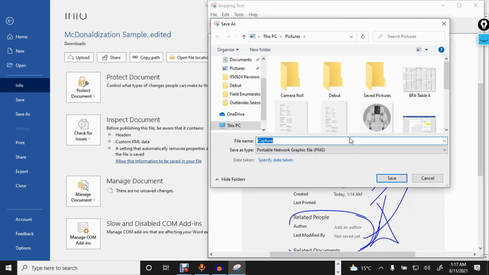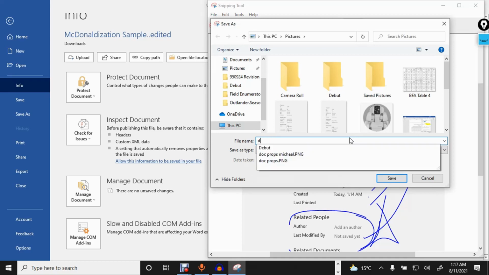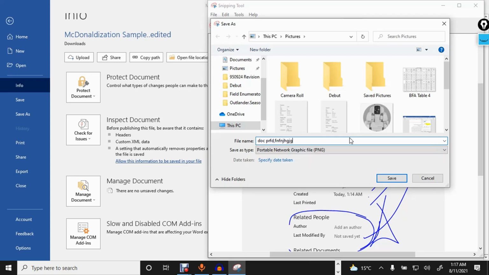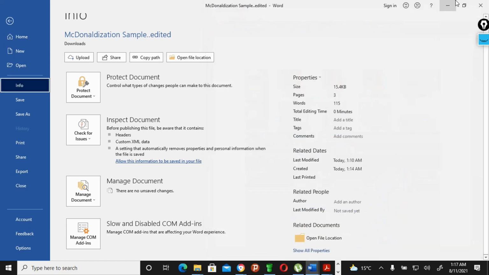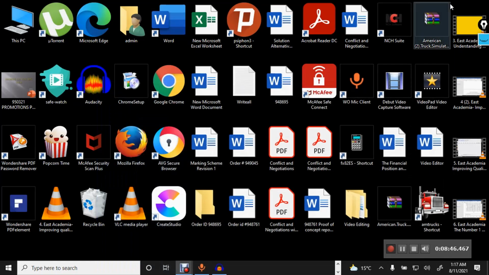So you can save it wherever you want to save it, like you say doc props, or whatever you want to save, okay? You can save anything, okay, that you want to save, so that's not an issue. And then I'll be able to look at it, after which I will advise you guys on how to proceed.